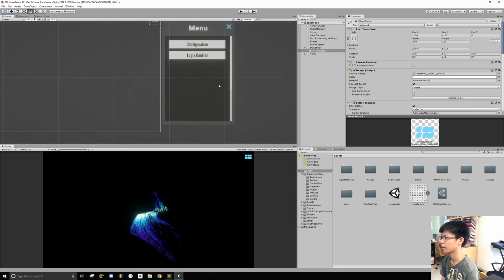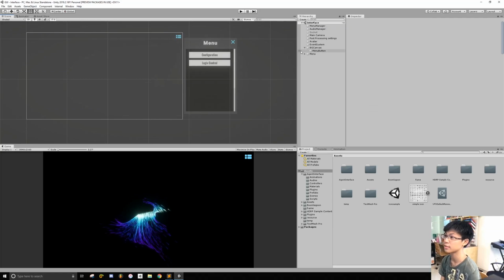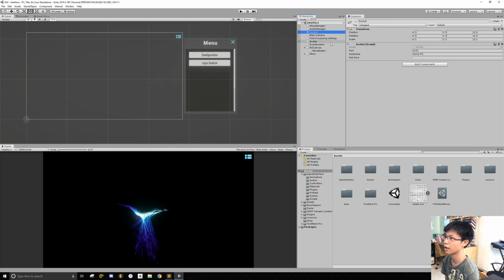Yeah, and okay, so the next thing about some updates, major updates that I've done to this project is the socket. In the last video, whenever Python wants to interact with Unity, what it needs to do is to rewrite a file and change the values inside the file. And Unity will continuously read the file to see if there are changes. All right, but